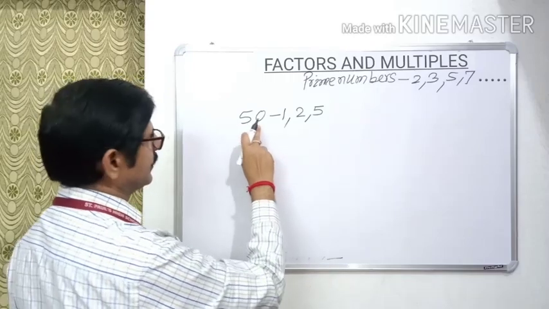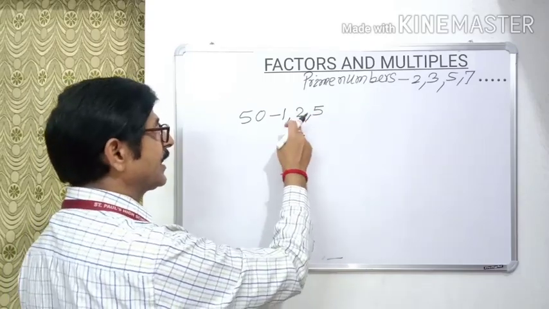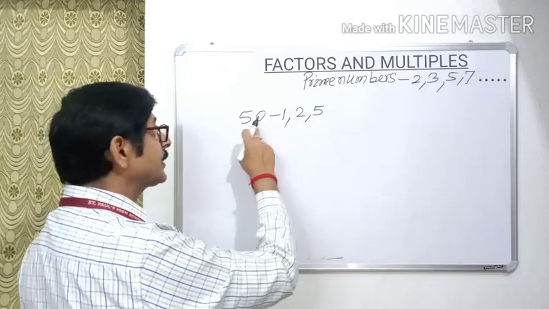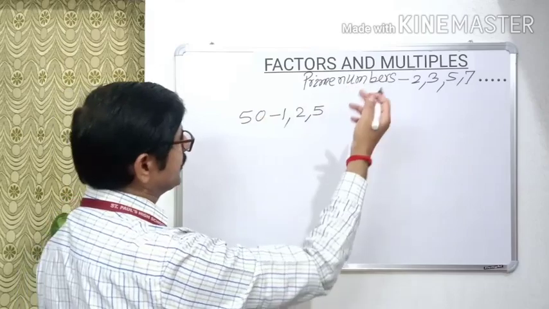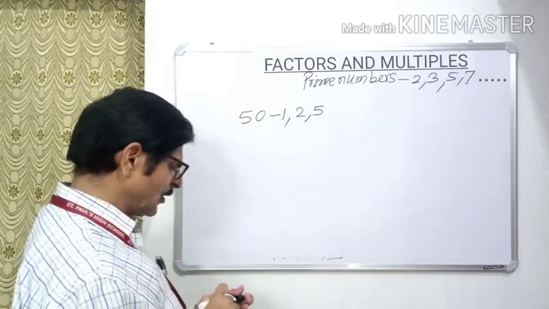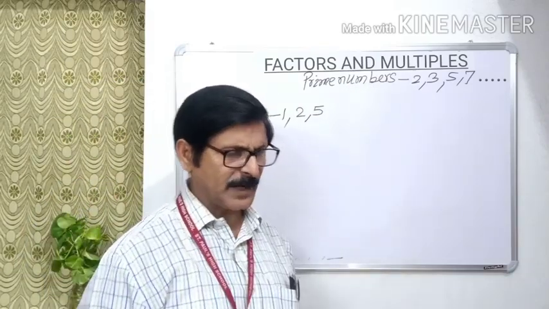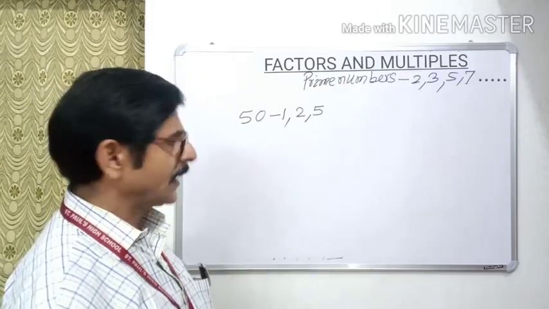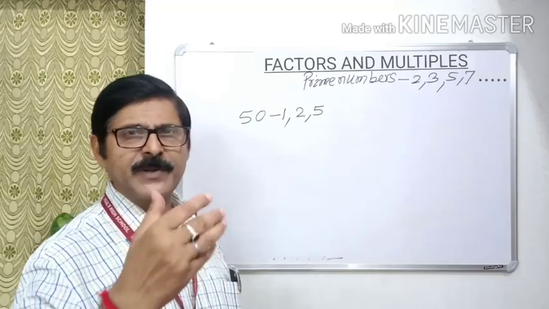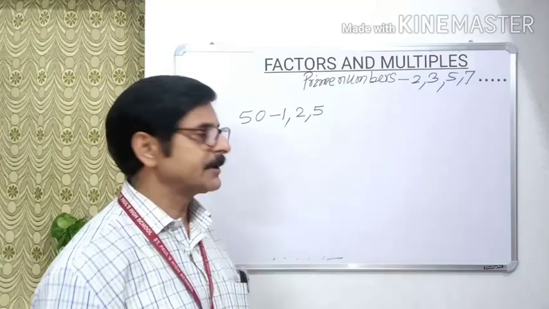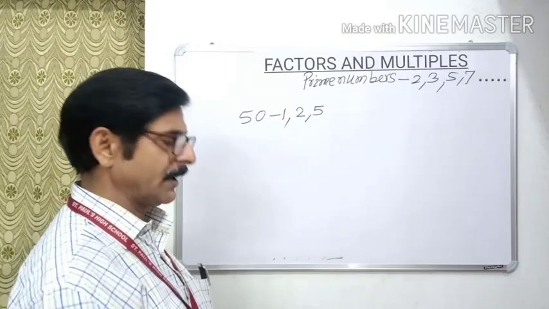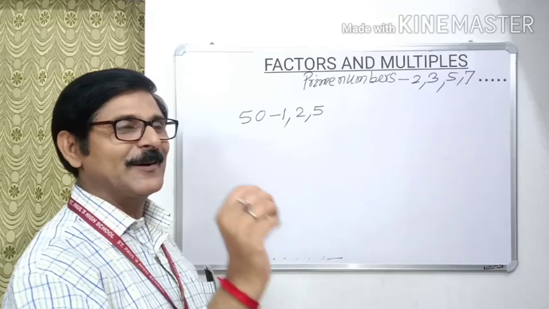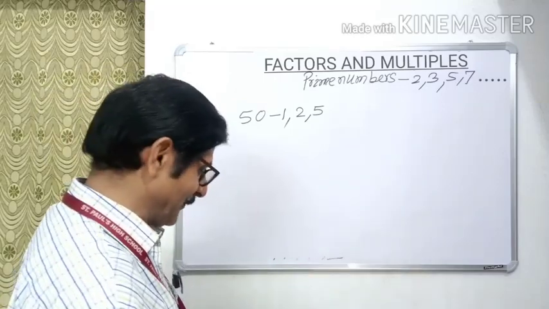6 8s are 48, and the divisibility test says a number is divisible by 6 if it is divisible by 2 and 3 both. It is not divisible by 3, so it is not divisible by 6. Now, the question that may come to your mind, sir, is how long we will continue with it? That is, how long will we have to test the divisibility? Up to which number? A very simple rule is there to help you.